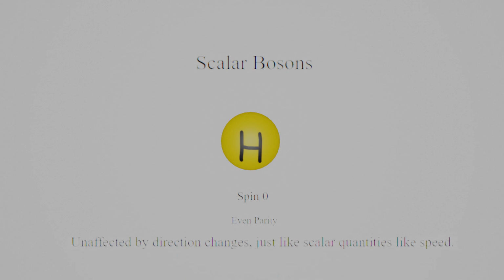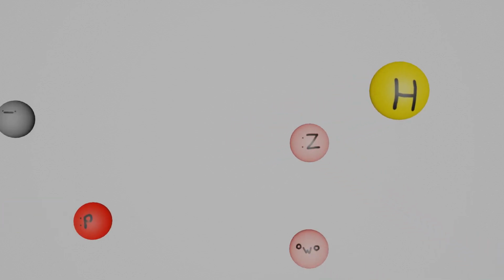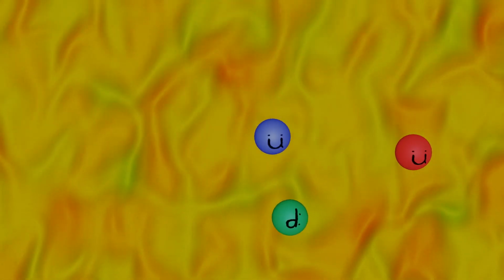The only scalar boson in the standard model is the Higgs boson, so it has zero spin and even parity, or that it is unaffected by direction changes like a scalar quantity. The Higgs boson is a virtual particle theorized to explain mass generation in particles of mass, especially the W and Z bosons. The Higgs field supposedly exists throughout the universe, and the Higgs bosons from it interact with certain particles